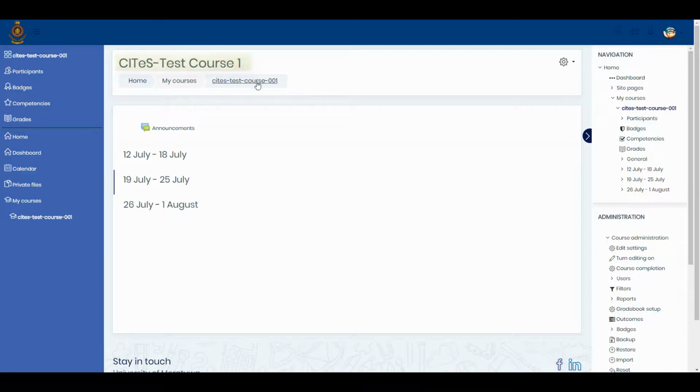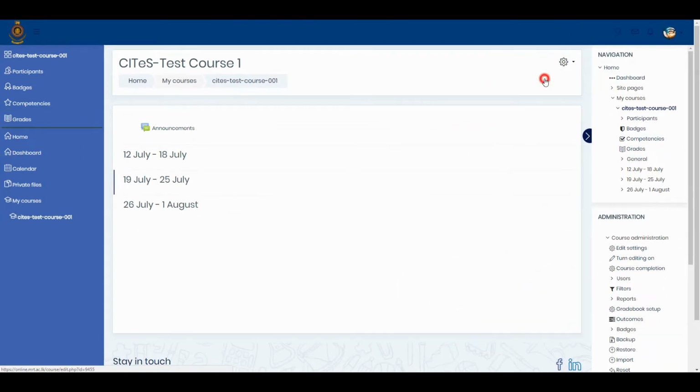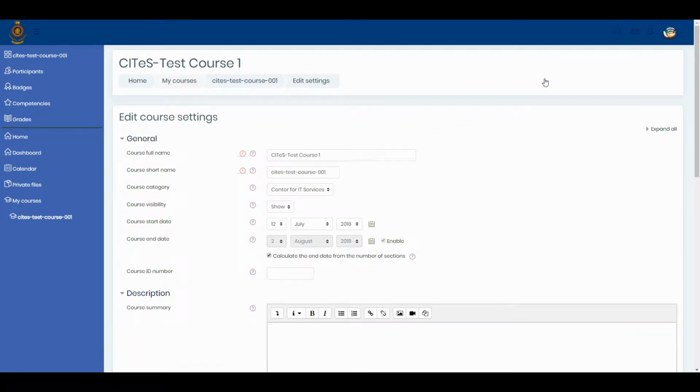the short name of the course which appears in the navigation bar. You also can change the format of how your resources and activities are displayed. You will see the course is in weekly format. For instance, we can rename the weeks. Many of the changes can be done by going to the gear menu on top right corner and clicking the edit settings.